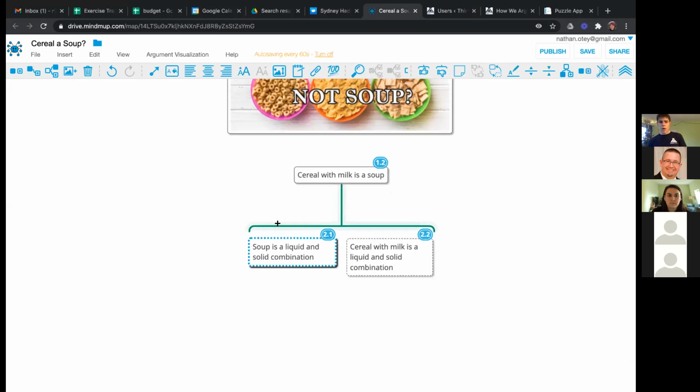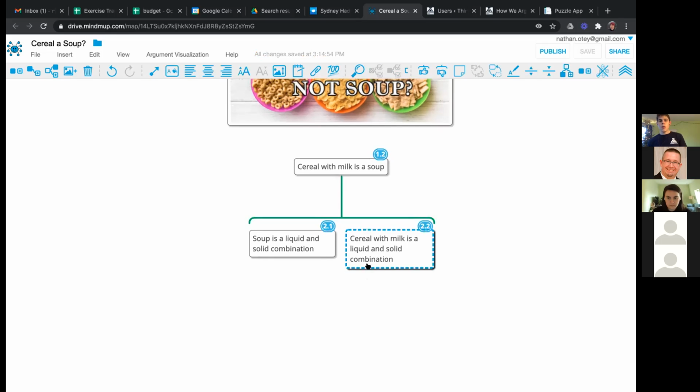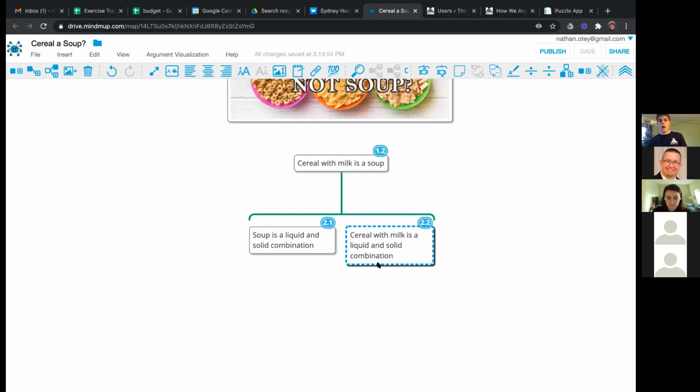And then what I just want everyone to see is that these two statements work together to give one single reason. So I bracketed them together underneath the claim. So there's one single support connection here, even though there's two separate statements. They're working together or holding hands. We call them co-premises. So Deb's given us a pair of co-premises which work together to support the main claim. So thank you so much, Deb.